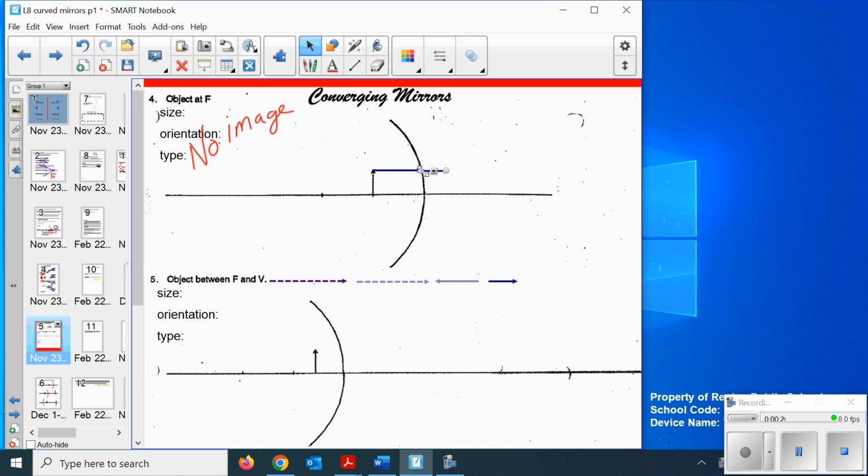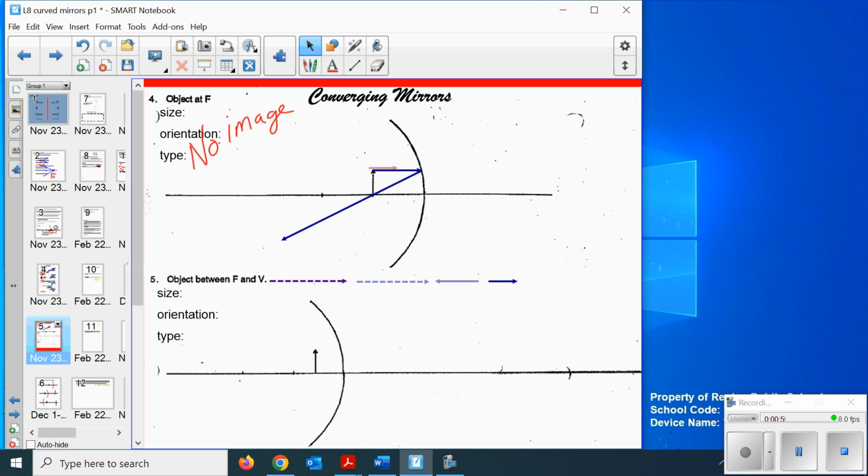Okay, it goes through the focal point, that's the one rule, right? Now, if I try to use the second rule, that rays from the focal point go through the focal point, that doesn't work. So don't do it. It doesn't even apply here, because how can you? That rule wouldn't apply. But if I try that center rule,